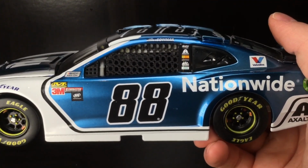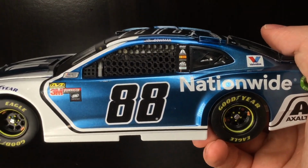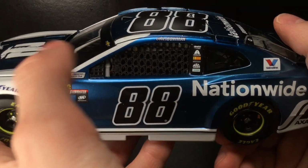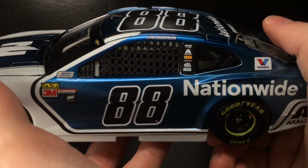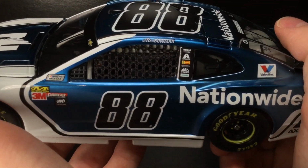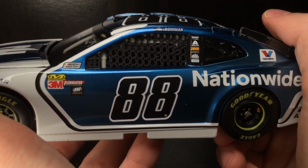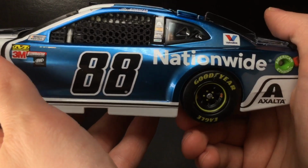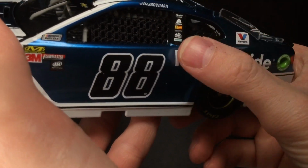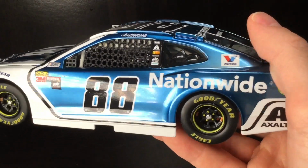But over here to the left side of this car, you got the window net and all that good jazz. You got Alex Bowman. I think he still uses the same font nowadays. Got Hendrick.com, or Hendrick Motorsports. It was too early for the Hendrick.com because they still have the Nationwide money coming in. Got Exalted right there, Bosch, Freightliner, Mac Tools, and Simeons. Got Valvoline there, Nationwide. Once again, I like how they got the decal wrapped alongside there with the edges of